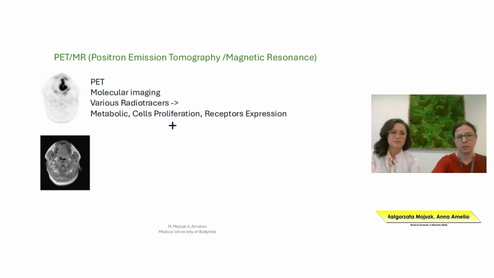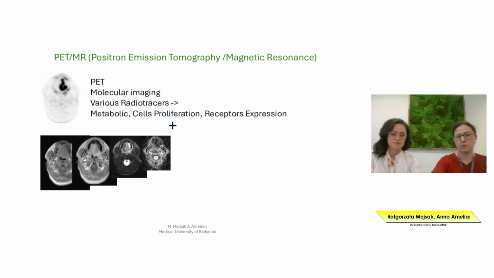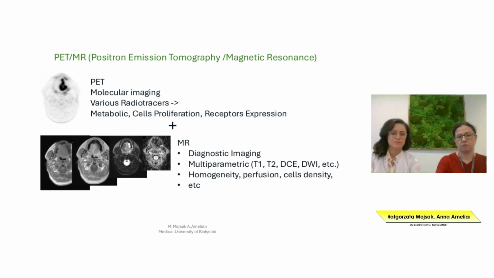Additionally, it's a technology that is diagnostic, and when we conduct PET-MR, we receive information for PET from images from different sequences, so we obtain additional information provided by MR on morphology, on anatomy. We also receive information from different sequences of the images on the homogeneity of lesions, perfusion, cells density, and as the professor mentioned,